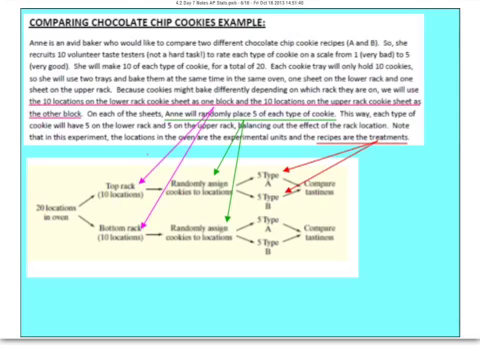Annie is an avid baker who would like to compare two different chocolate chip cookie recipes, A and B. So she recruits 10 volunteer taste testers to rate each cookie on a scale of 1, which is very bad, to 5, which is very good. She will make 10 of each type of cookie, and we have our 2 cookie types,